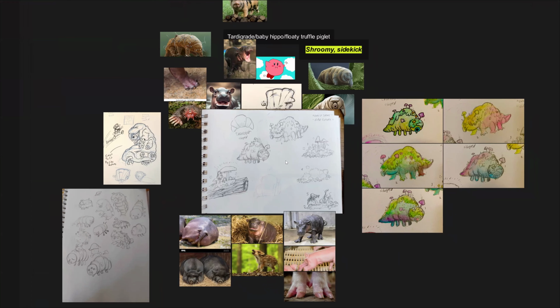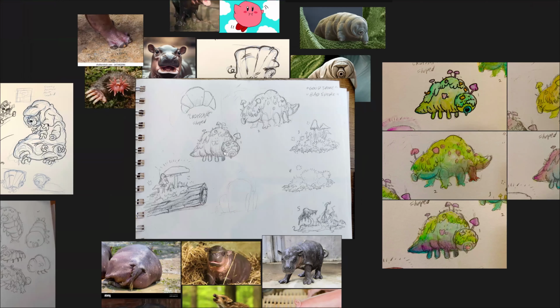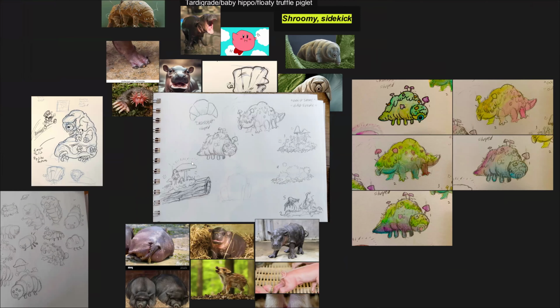I just went, this is so cool. Actually they can resist radiation, they can exist in outer space and they can rehydrate. And this one's a gigantic tardigrade. It's like 3 times the size of a man, basically, in the series.